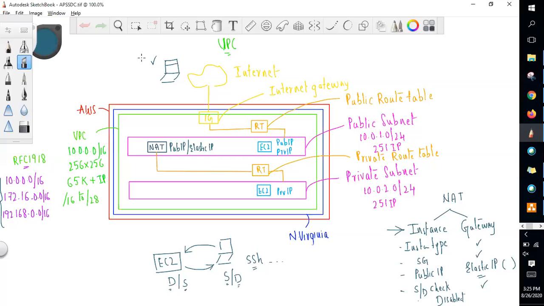Then we copy the key pair into the public instance so that we can reach the private address. Once it is done, it will get extracted automatically.